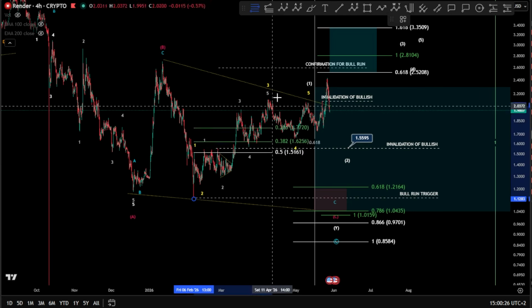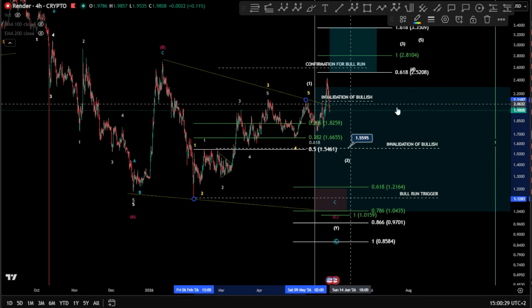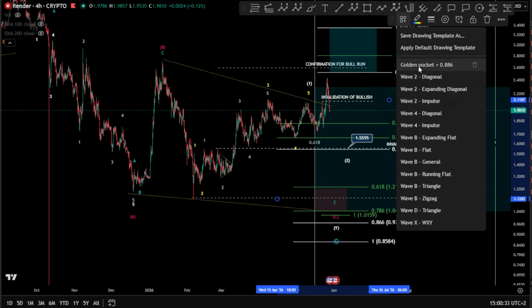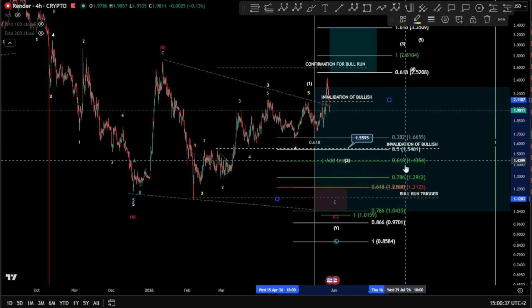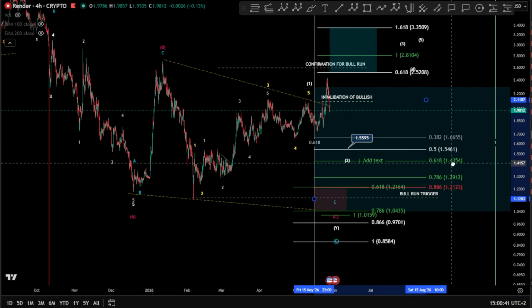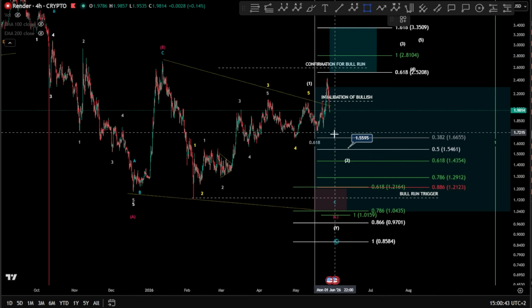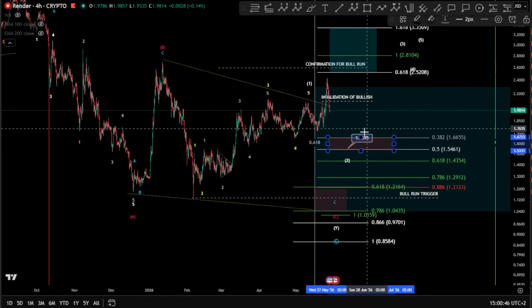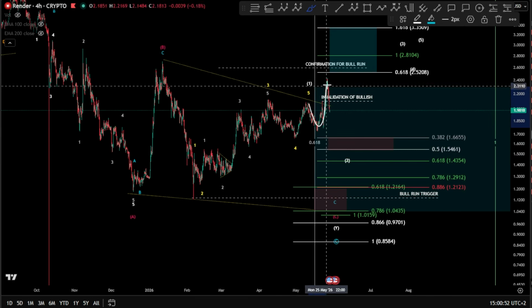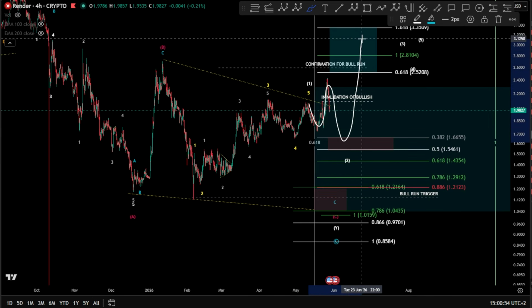Again, by all means, if we are looking here for the 1-to-1 fib level, or I would say for the wave 2 at a 0.38 Fibonacci level minimum requirement, very likely that we are looking for the 1.66 as the correction that we might get in this area, guys. 1.66 can be a finished expanding flat A, B, and a C here